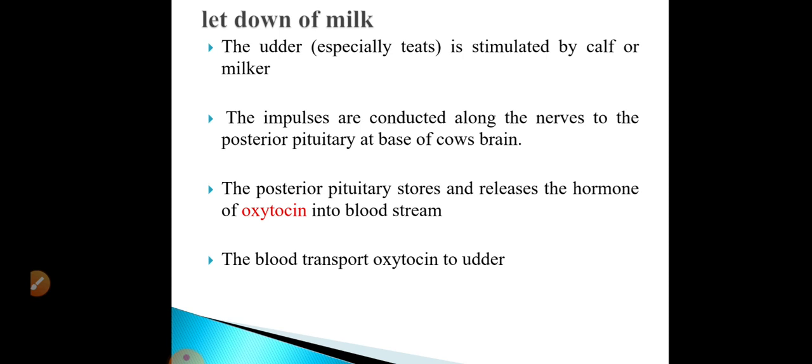That posterior pituitary stores and releases the hormone called oxytocin into the bloodstream,